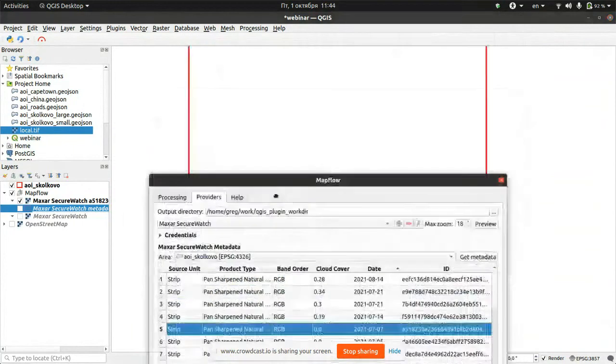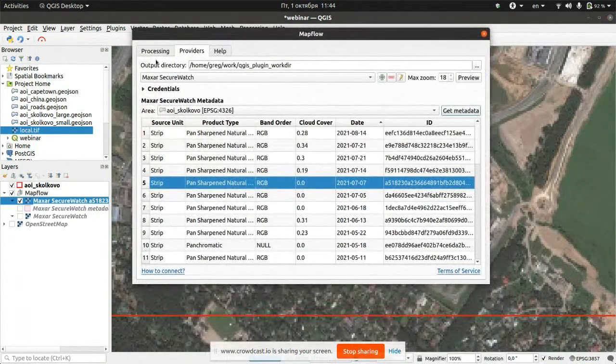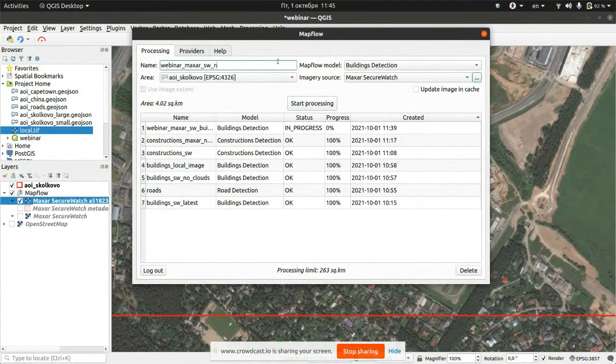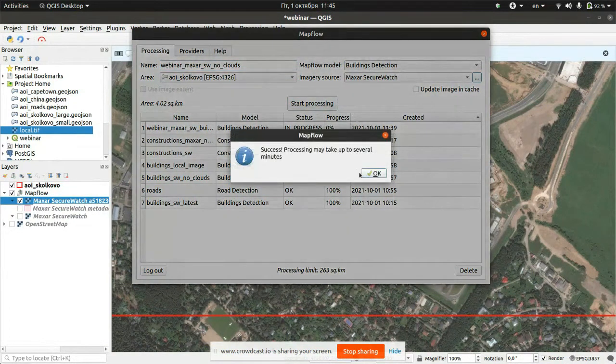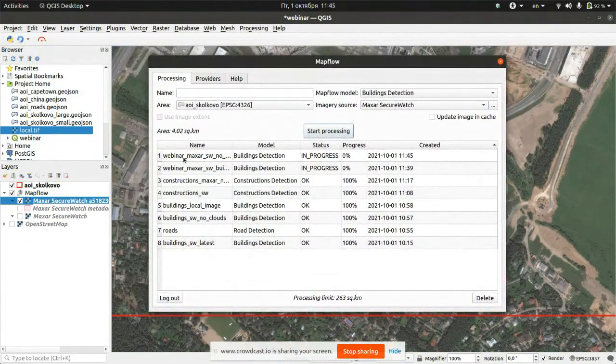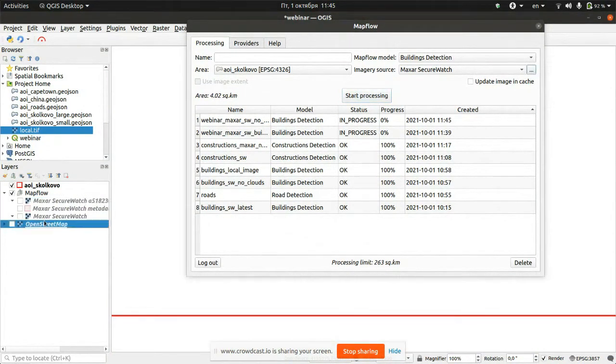Let me switch off the metadata so it doesn't interfere with the image. All right, so now with it selected, we can start a processing again and call it something else like Maxar Webinar SW, no clouds. Make sure you still have buildings selected here, and let's start the processing again. The processing takes some time, and the processings I just started are in progress. So let's have a look at the processing I prepared for the webinar, so we don't have to wait till these finish. Let me switch on this